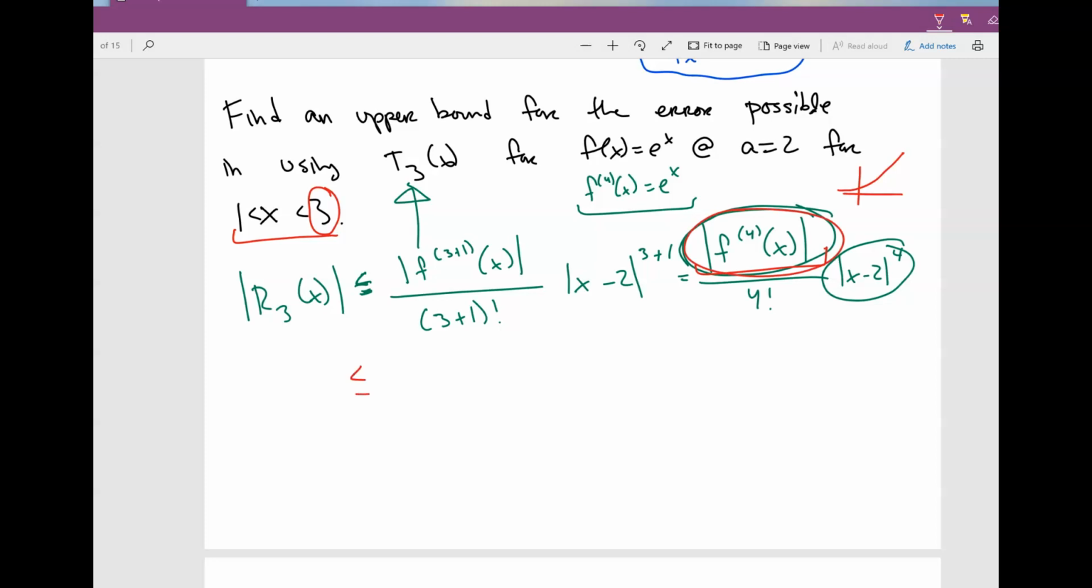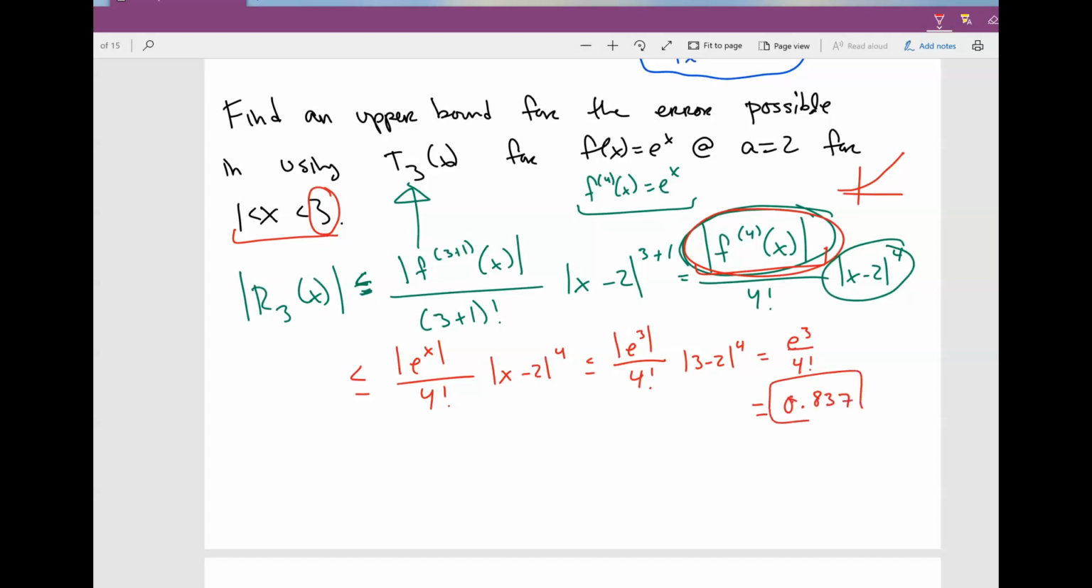So this guy is just going to be, let me plug that in, e to the x over 4 factorial, times x minus 2 to the fourth. So I'm going to plug in that 3 in there: e to the third over 4 factorial. I'm going to plug in the 3 in there too: 3 minus 2 to the fourth power. So what I'm going to have is e to the 3 over 4 factorial, because this thing is just going to be 1, and then the absolute value is just going to give me e to the 3. And this is going to give me